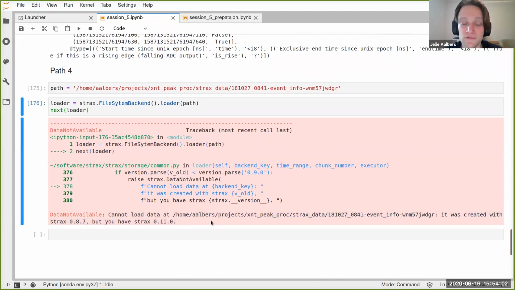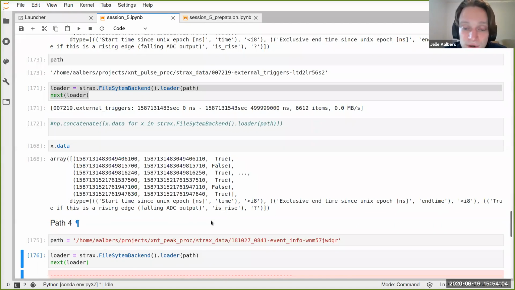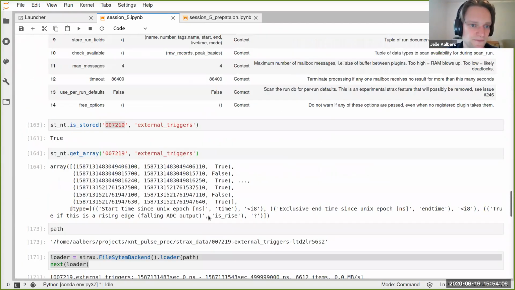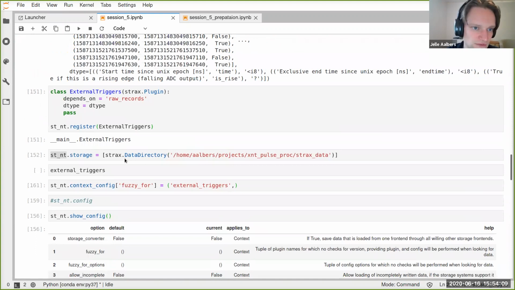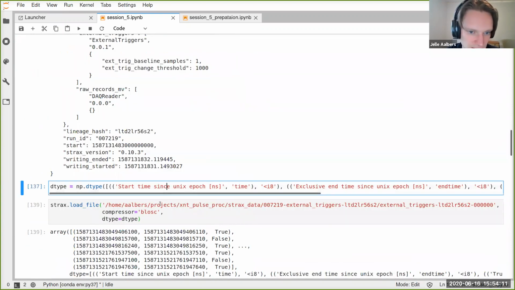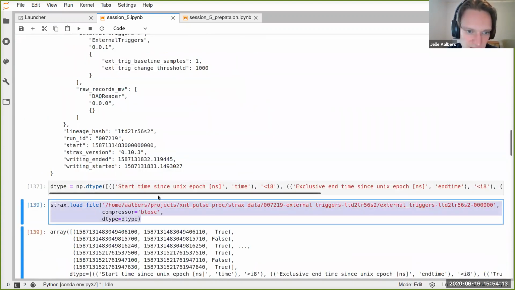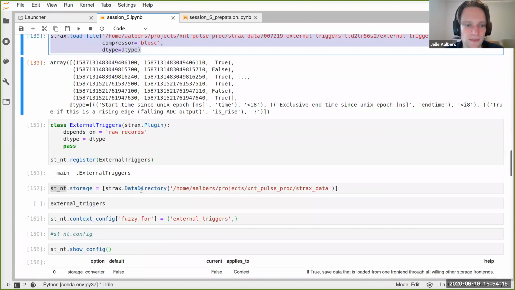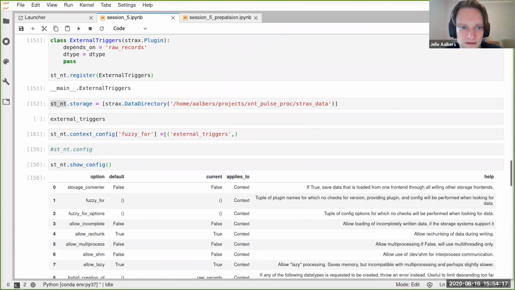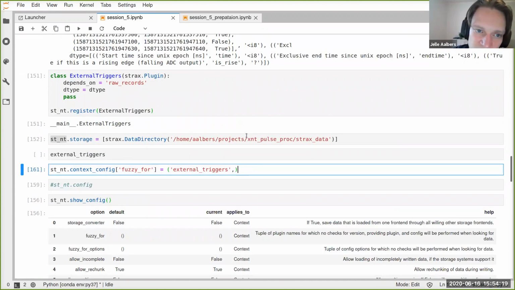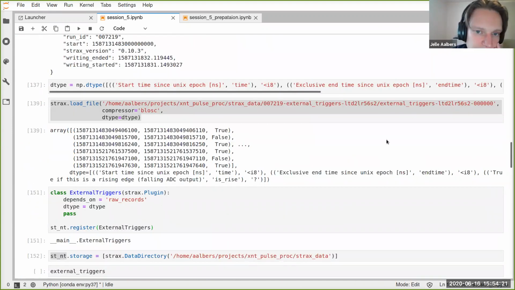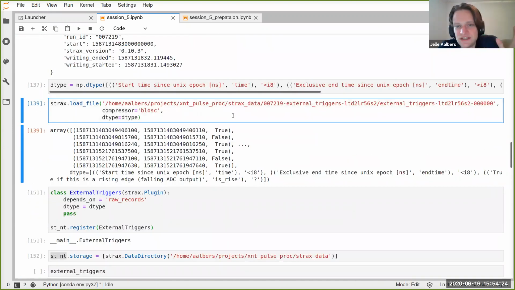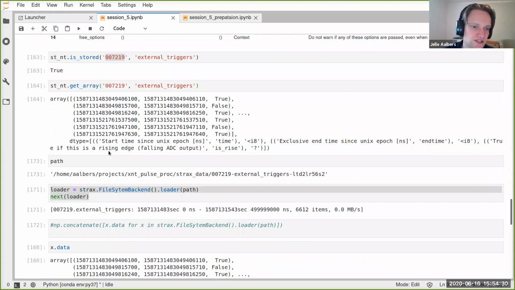However, we have two other methods that are in principle perfectly good. So let's just do one of these. Okay, so the method of changing what Strax is asking for is also not going to help. You're also going to hit this check. Of course, if it's really a completely different format, then it wouldn't help. But in this case, I know that it is a format that I can still read with this load file business.